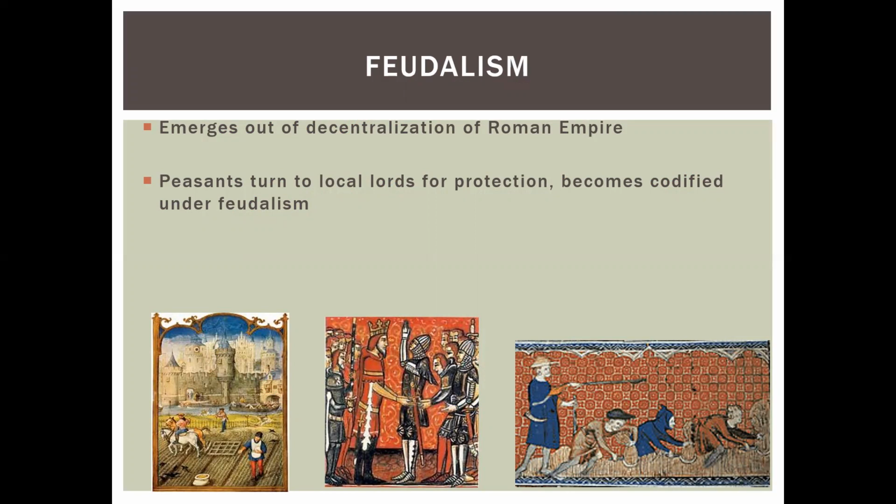Feudalism is basically a way to protect yourself in a time of constant war. The peasants turned to local lords for protection. Lords built castles all over, to protect themselves but also to protect their peasants when raiders came. They would run into the castle if an outside invader came, like a neighboring kingdom bringing knights to attack. They would hide out in the castle, fight back, and then eventually when peace came back, they would go back out into the farms.